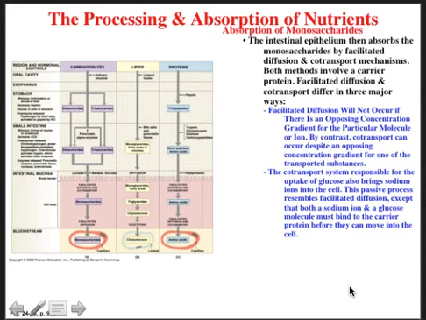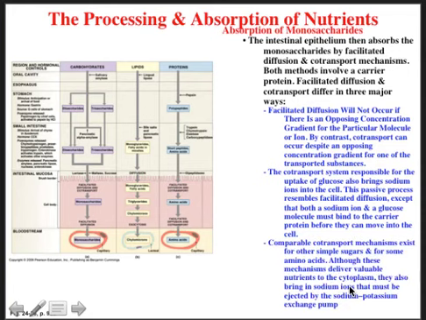The cotransport system responsible for the uptake of glucose also brings sodium into the cell. This passive process resembles facilitated diffusion, except that both the sodium ion and a glucose molecule have to bind to the carrier protein before they can move into the cell. Comparable cotransport mechanisms exist for other sugars and for some amino acids. Although these mechanisms deliver valuable nutrients to the cytoplasm, they also bring in sodium ions that have to be ejected